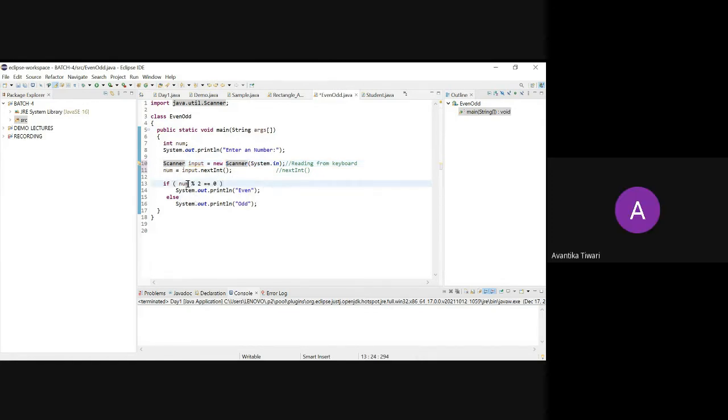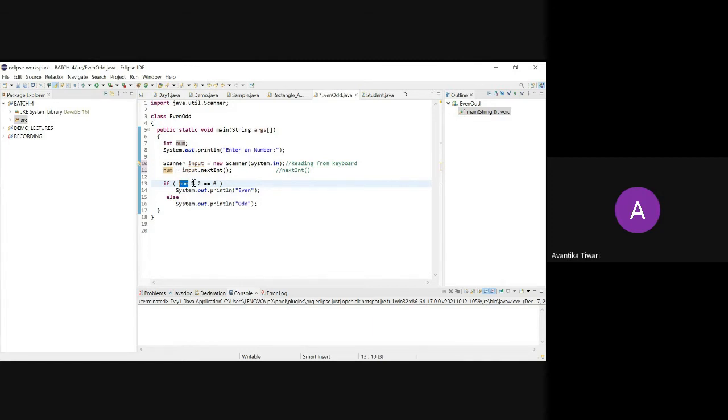Now, what happened? Whatever the user has entered, 27, 79, 81, 56, 101, 1001, any value has been entered in this num variable. Now you can apply your logic. What is an even number? A number which, when divided by 2, gives 0 remainder.